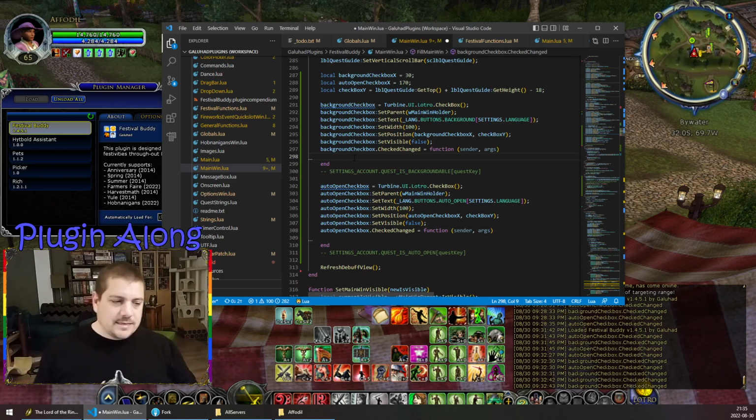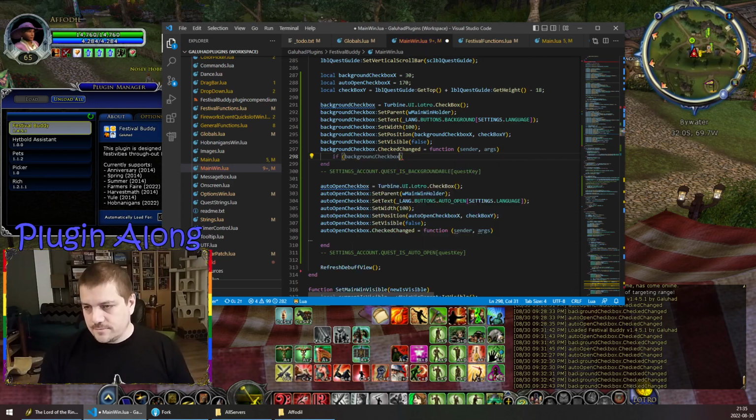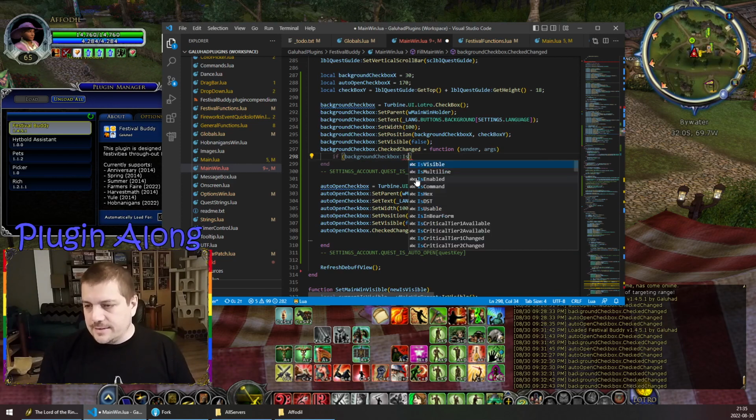False and not present is identical. And so I would love to be able to delete an entry from a table completely. And for that, I'll have to go back to the internet because I don't remember how to do that. Setting to nil could work for persistence purposes, so I'll try that first. But if that doesn't work, then I'll go on to other things. So if background checkbox, wait, why do I have a double X somewhere? Oh, X, yeah, is checked,